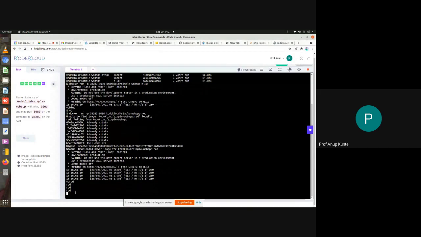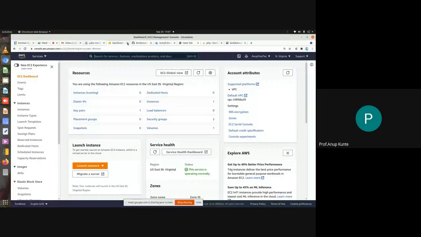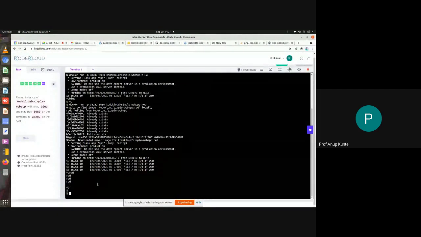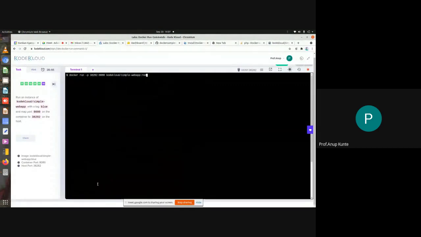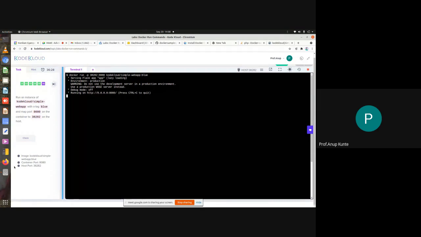We stop this. We just quickly run it again. It is taking time for that to get stopped. Fine. So I want a blue app to run. I hope now you have understood the concept of port mapping. The first part in the port mapping should be the external port, the host port, and the next part, 8080, is the port of the application that is running. So that's about this particular exercise.